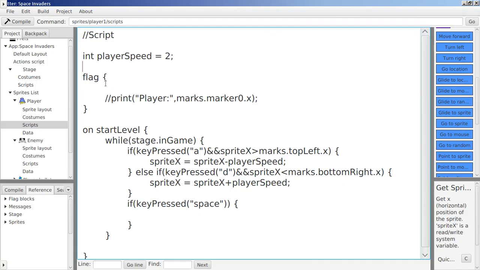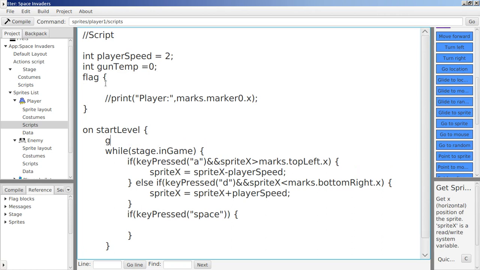What we might do is add a bullet temperature. So the bullet, in order to fire, let's say gun temperature, gun temp. Let's just make it easy. Gun temp equals 0. So we'll re-add that one. Gun temp equals 0. So the point of that is